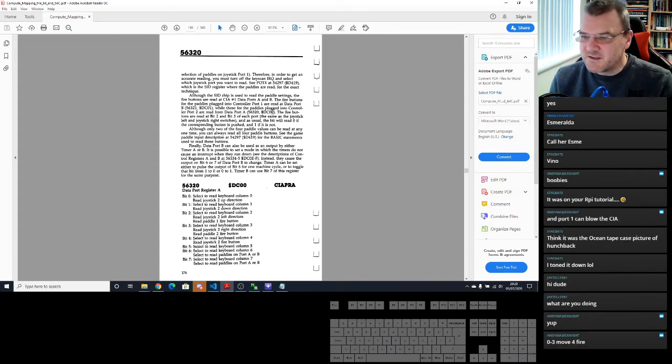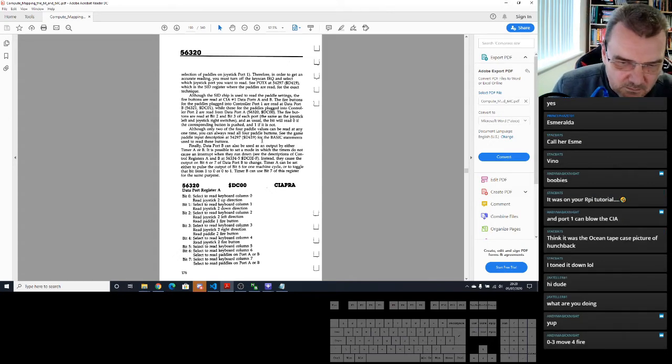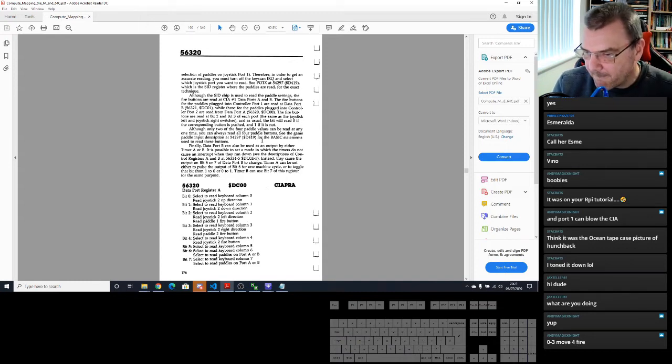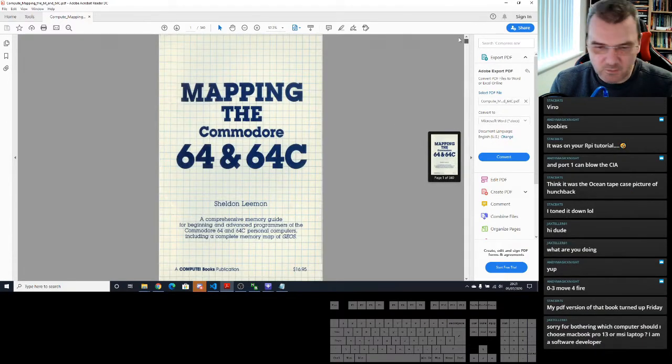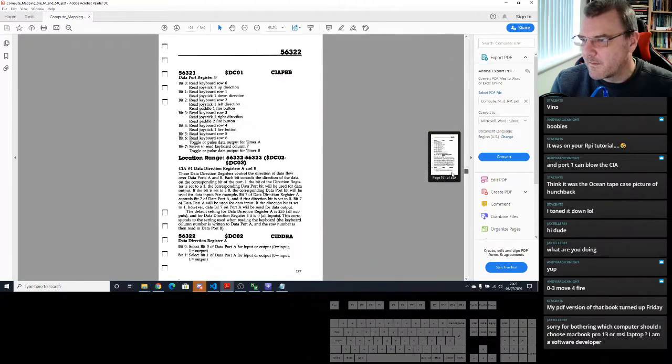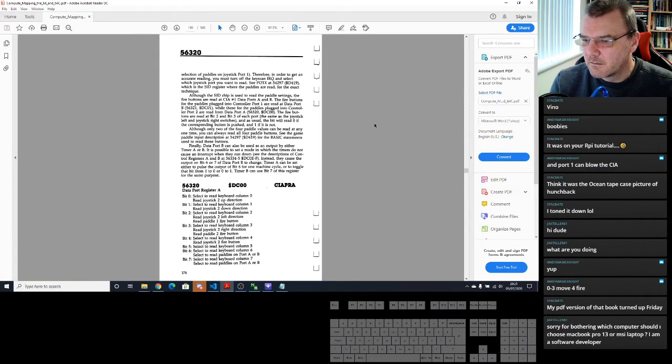So we'll keep that. This is Mapping the C64, by the way, if you want to know what this is. That book there. What to develop on?